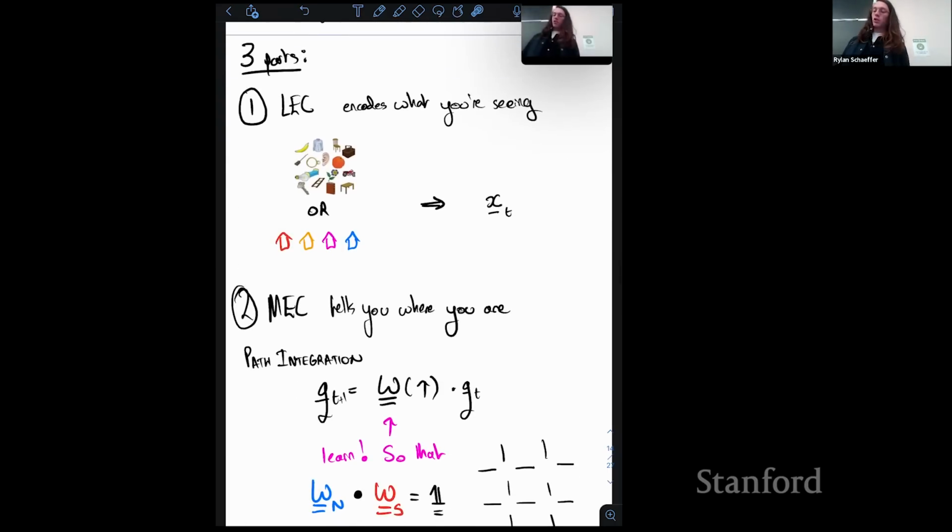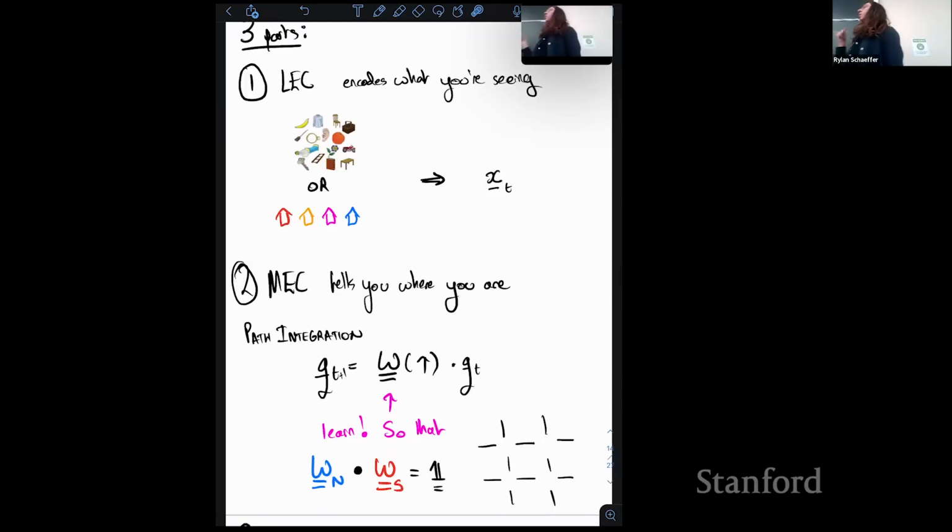The medial entorhinal cortex is the one that tells you where you are in space, and it has the job of path integrating. Okay, so this means receiving a sequence of actions that you've taken in space. For example, I went north, east, and south, and telling you where in 2D space you are. So it's somehow the bit that embeds the structure of the world. And the way that we'll do that is this g_t, this vector of activities in this brain area, will be updated by a matrix that depends on the actions you've taken. Okay, so if you step north, you update the representation with the step north matrix.